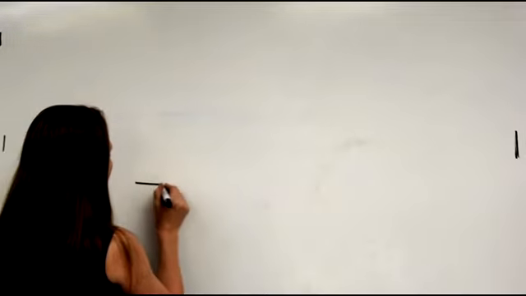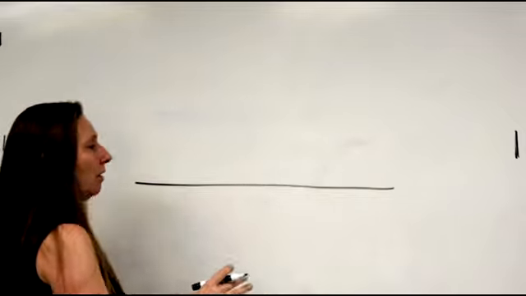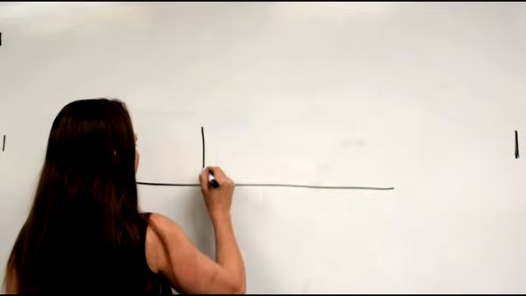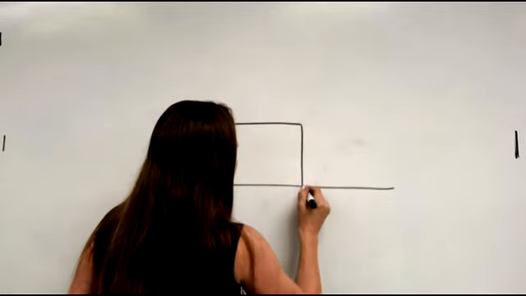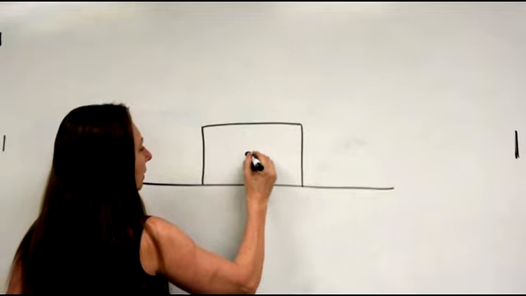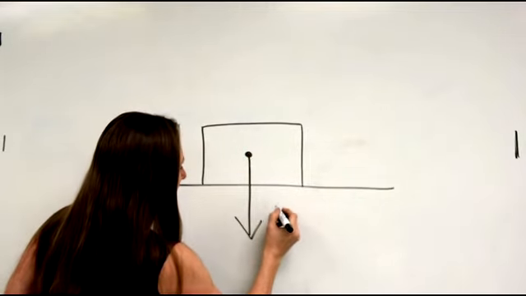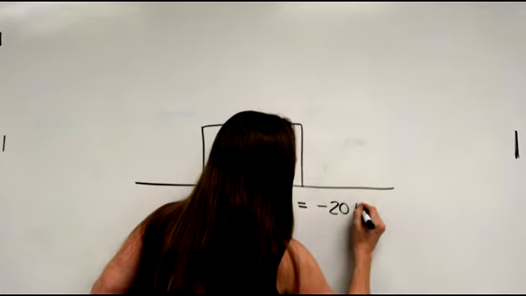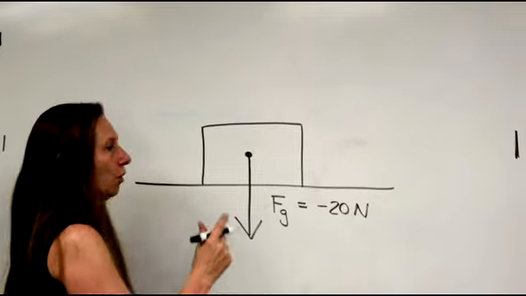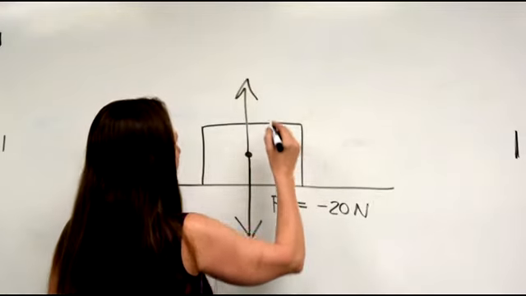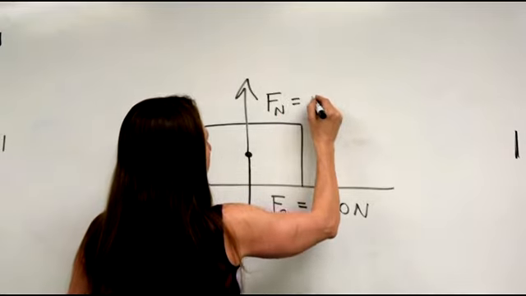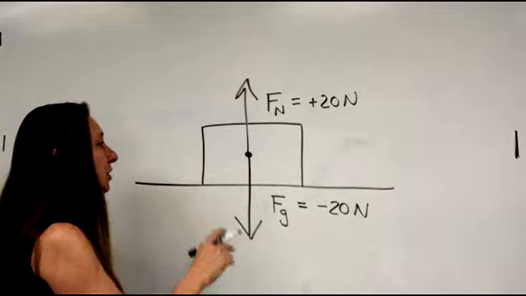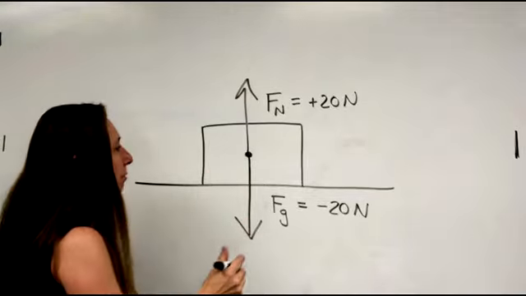So, back to the surface, right? The top of a table, a floor. Here's the box. Now, let's say that the weight of the box, Fg, is negative 20 newtons. The normal force that this surface is providing, F normal, is positive 20 newtons. This box is being pushed. Somebody is pushing the box,